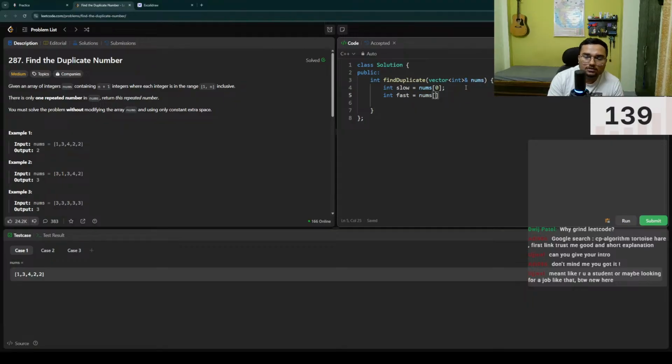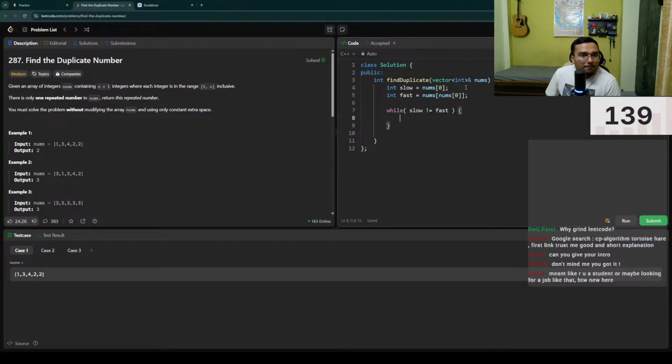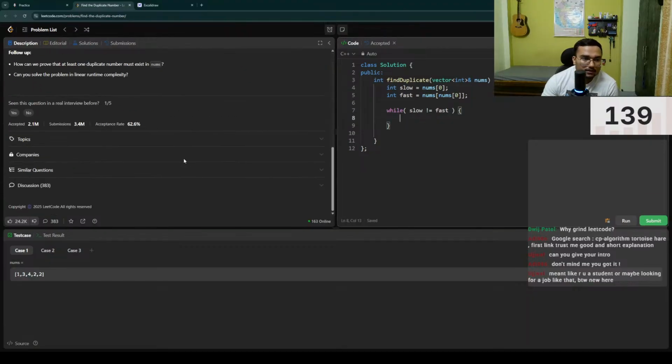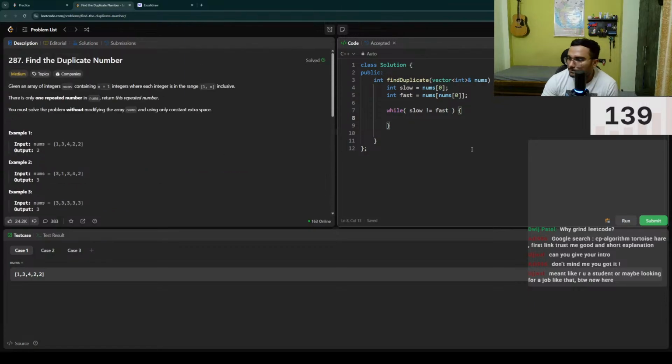Fast equals nums of 0, while slow is not equals fast. And there it is guaranteed to have a repeated number, so we don't need to check for end of list or something. While slow not equals fast, slow equals nums of slow, fast equals nums of fast. Now we have reached